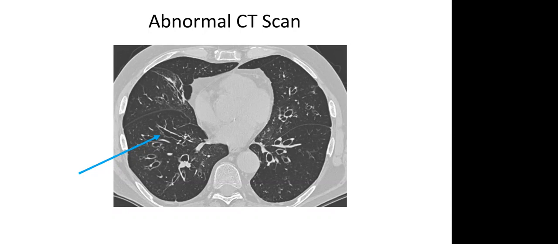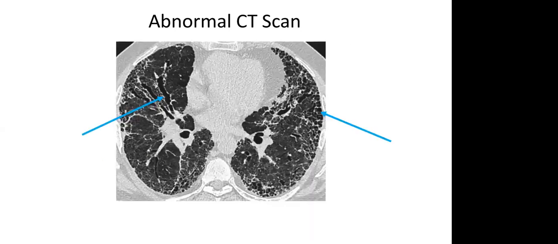And in some cases, it's because the airway itself isn't normal. And in other cases, it's because everything around the airway isn't normal and it's pulling the airway open. So this is an example of, what's this over here? Honeycombing. And then here's an example of what we call traction bronchiectasis, meaning the bronchiectasis, when something's in traction, like